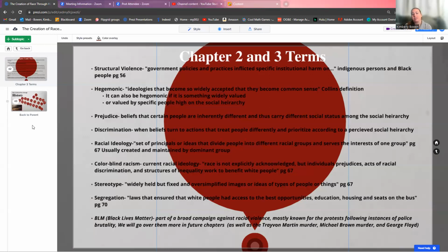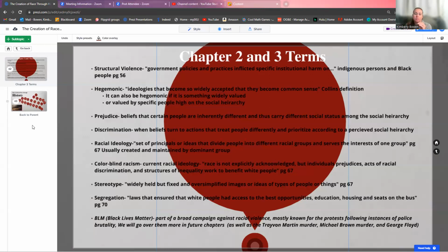Hegemonic ideologies are really ideologies that become so widely accepted that they become common sense. That's Patricia Hill Collins' definition, and she is a prominent female sociologist. This is one of her older definitions of it, but to be more encompassing,